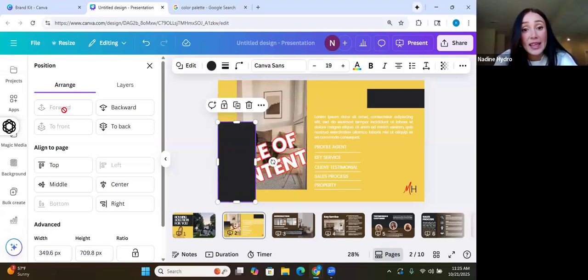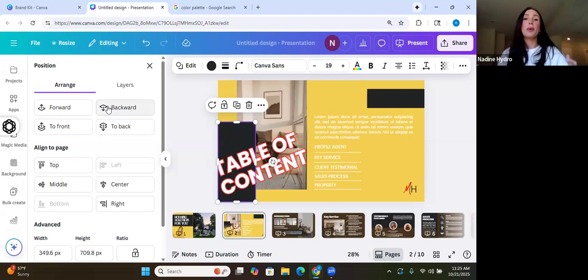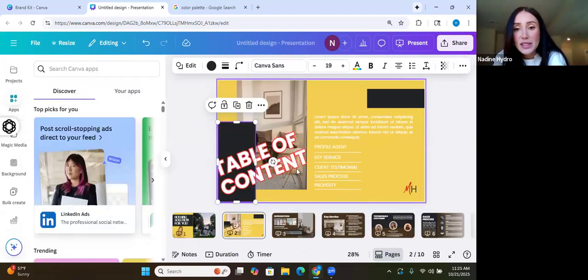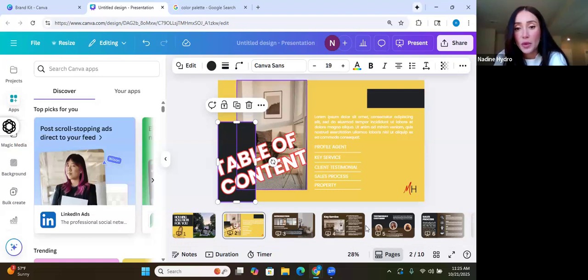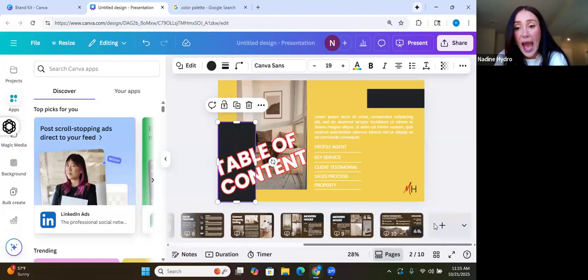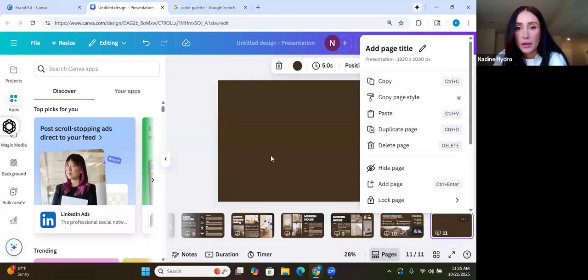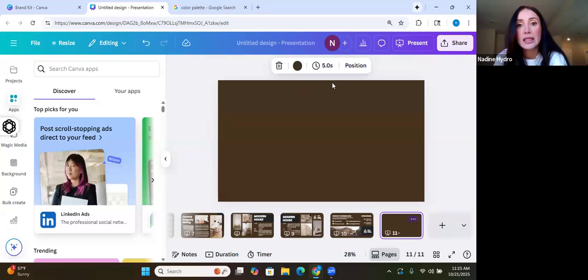And if I hit forward again, it goes over the font. So I'm going to hit back. So that's how you just get things to pop, look a little bit more 3D. And you know what? This looks a little crazy. So what I'm going to do is hit add right here, and it's going to take me to a clean